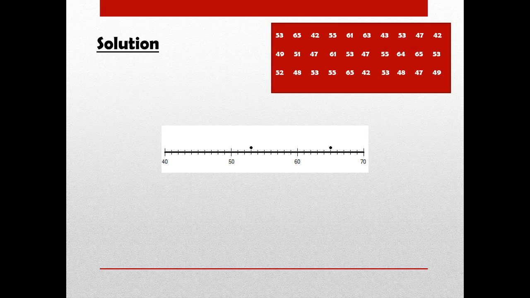65, I put a dot. 42, dot. 55, dot. 61, dot. 63, dot. 43, dot. 53, that's our second 53, so we stack that dot. 47, dot. 42, dot. So we've got a couple that are stacked now. 49, dot. 51, dot. 47, another stack. 61,